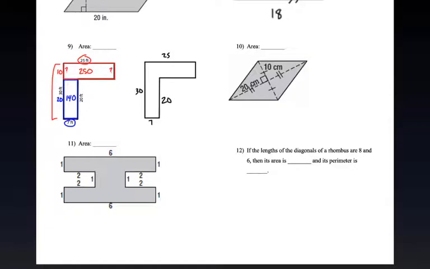7 times 20 is 140. Gets me a total of 390. If I split it up the other way, with a rectangle on the left and then the smaller one on the right,